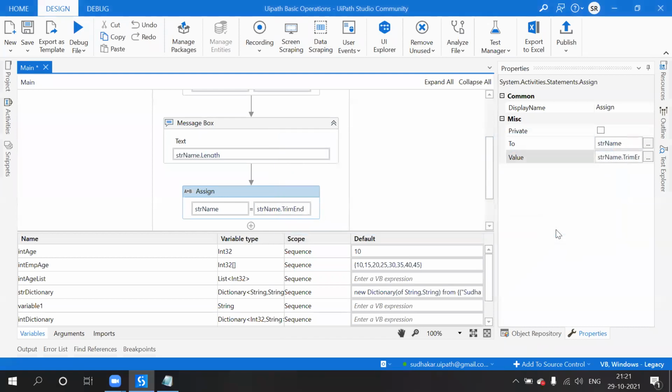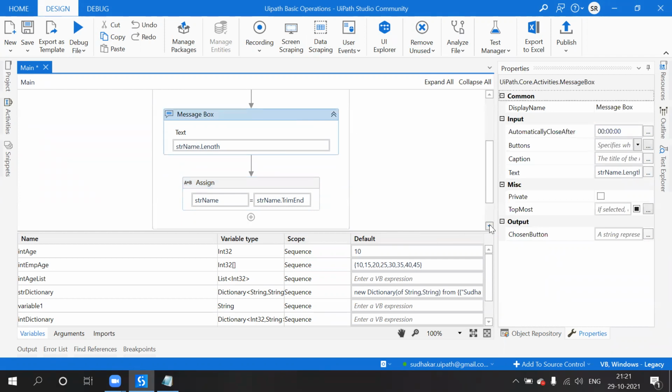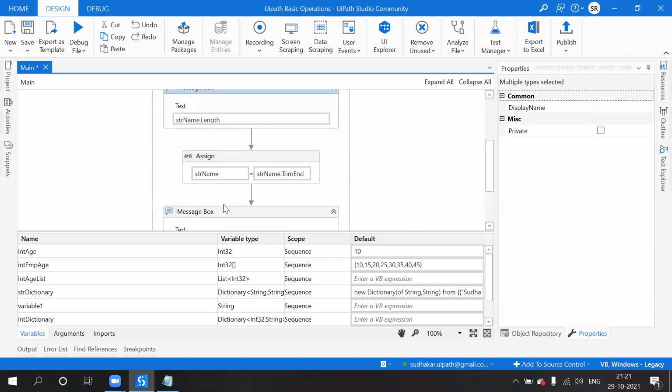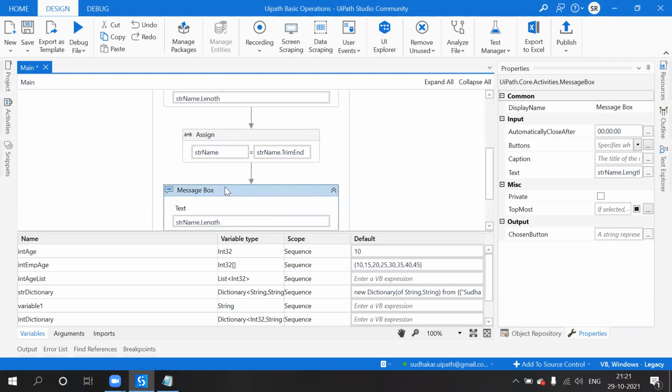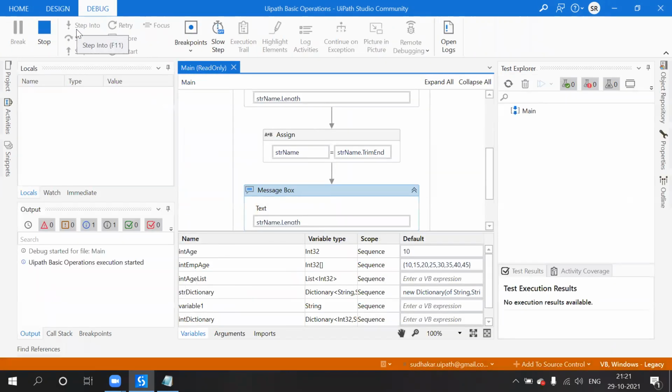So I use trim end. So now after trim, we will see what is the length. See, like that there are 3 different functions. So now it is 58, and now we got the original size of the string.